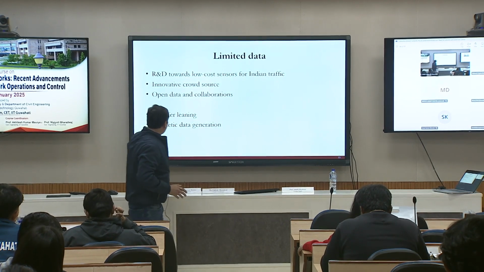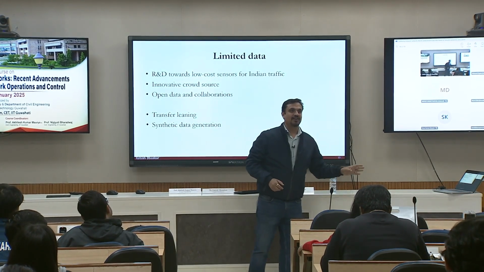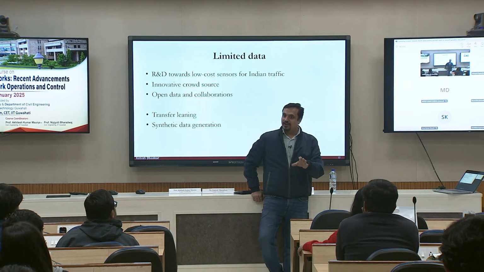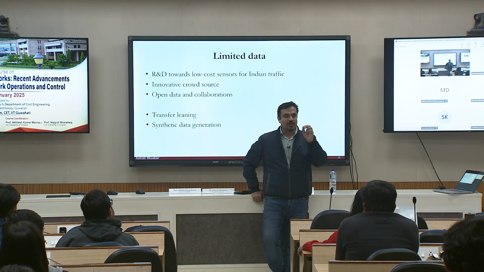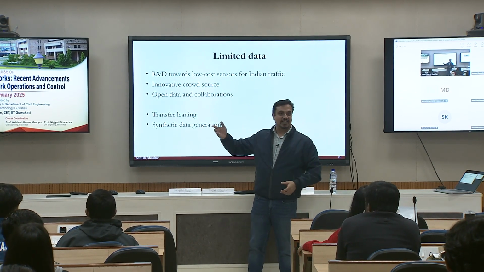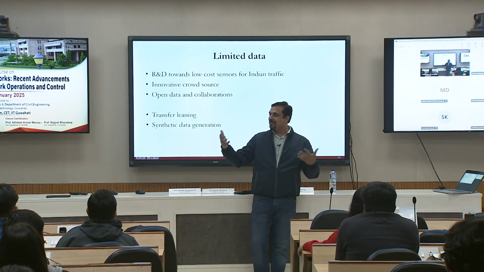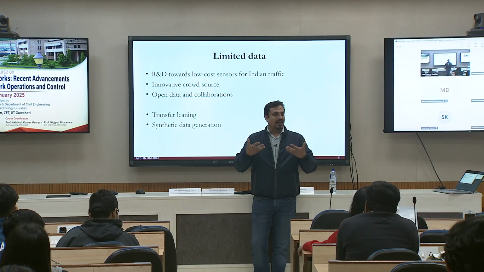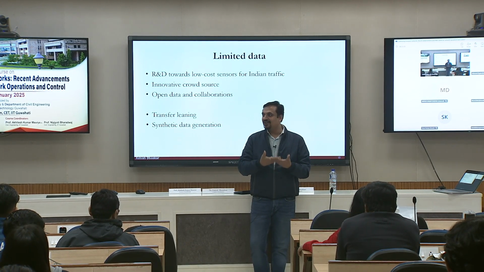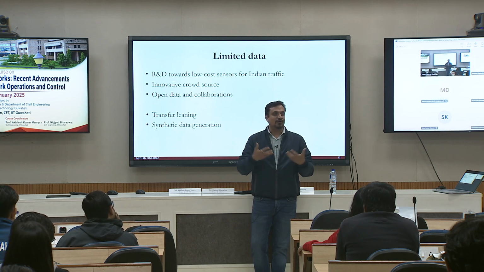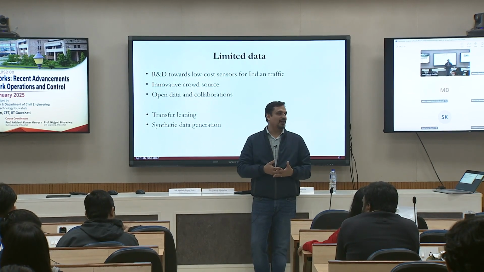So innovation, open data and collaboration, I have been stressing a lot over the last couple of years with all my Indian colleagues. I mentioned earlier also, each time I examine a PhD, I always write: you have collected data, make it public. Somebody else should also use it. In fact, TRG is an excellent platform, one of the best things that has happened. I was there during the first TRG, where transport academics joined hands together at the Indian level. Once you join hands and sit at a table, you break the ice, you start talking, and that's how collaboration can happen.